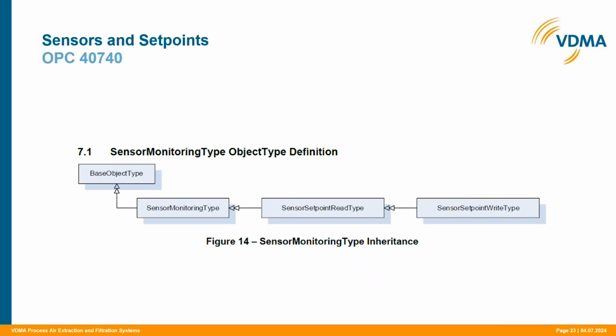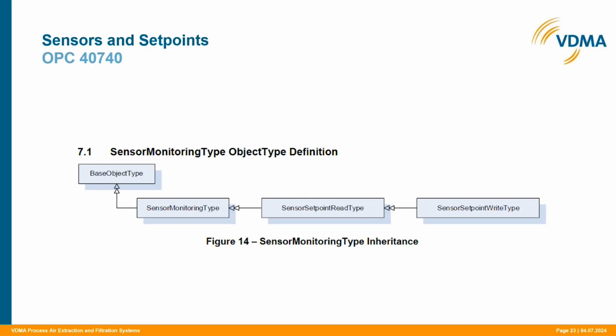One of the main discussions that we had in the creation of our companion spec was the sensor monitoring type, because we are using a lot of different physical effects to filter particles and so on, and therefore there was no singular way to measure, for example, the filling rate of a single separator, meaning that we had to develop a way